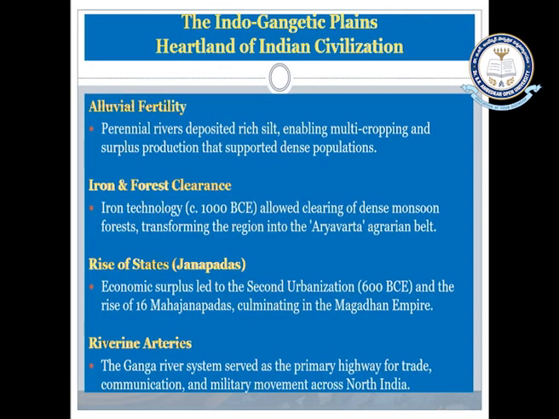Using this iron, the early societies cleared the forests, converted land into agricultural lands and gained agricultural surplus. This agricultural surplus enabled the emergence of the first cities in this region, which are known as